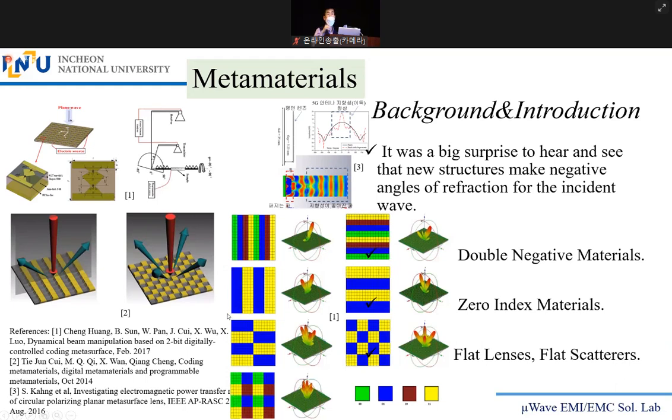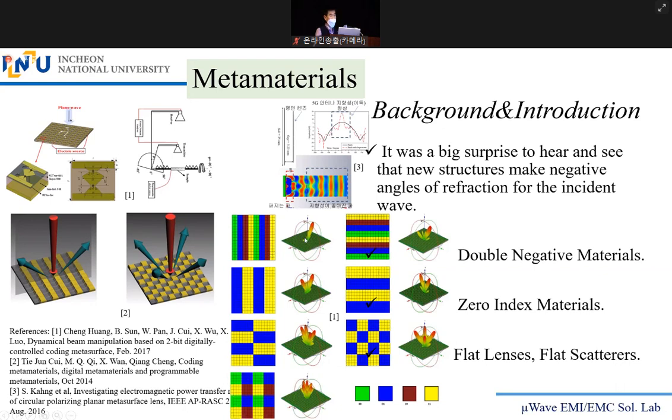I'm going to show you unit cells too from the examples I have made. The colors mean the states. So if you have a one bit system, you have two conditions, on, off, or 180 degrees or 0-degree phase delay, like that. Or you can increase the number of bits to control the states of each of these cells. You can make it 3 conditions or 4 conditions or 4 states. And overall, the checkerboard has different patterns.